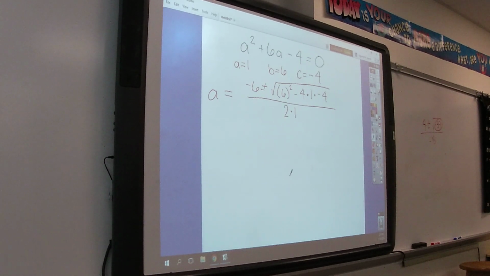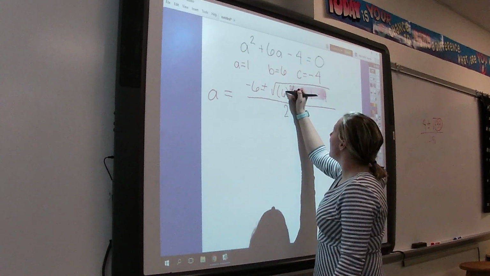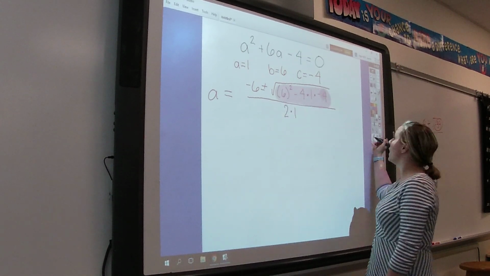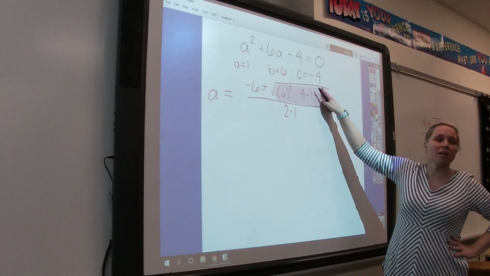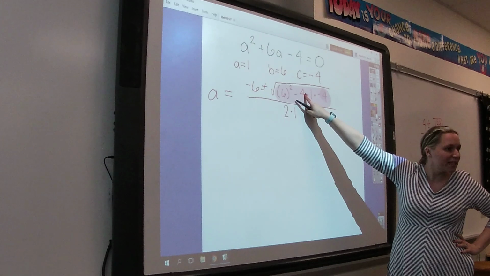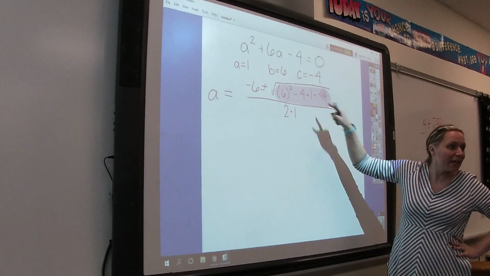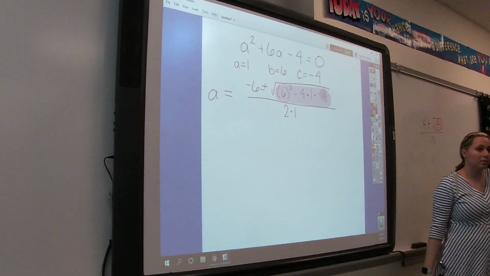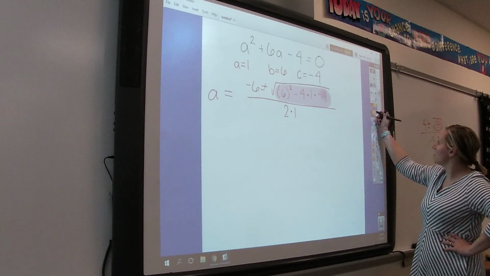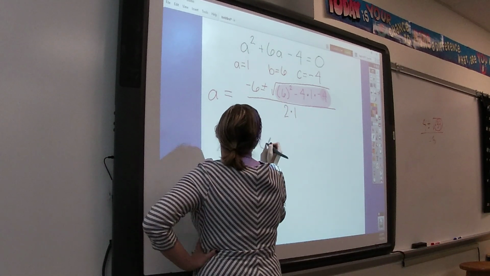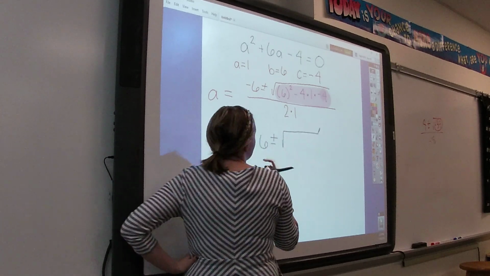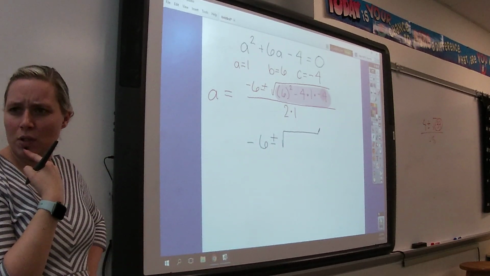So then we'll type everything underneath the square root into our calculator. Right, again, like we said yesterday, if we weren't using a calculator, we would have to know that when we multiply this, 4 times 1 times negative 4 is negative 16. So subtracting negative 16 is really adding. But since we do have a calculator today, we can just type that in. We'll get negative 6 plus or minus the square root of 52